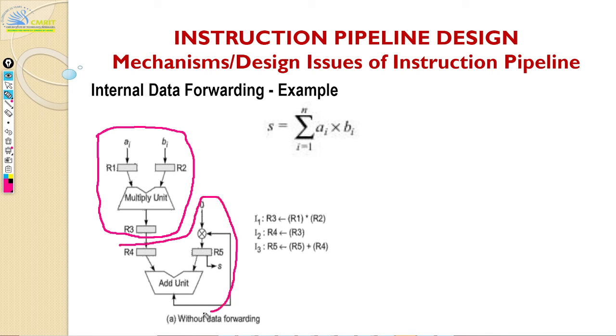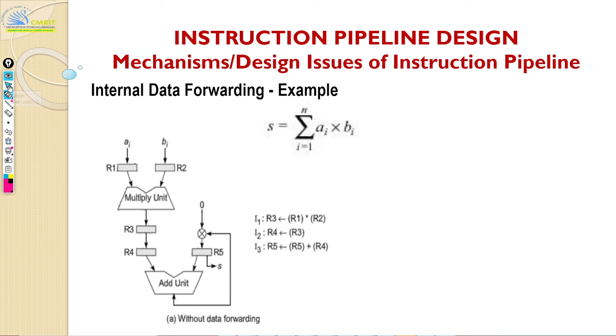these are two different units. Now these two different units are brought together. So they are in a pipeline now. Logically it's correct, there's nothing wrong with this, but the only problem is that you have R3 and R4 back to back. So first step, the multiply unit has to give you an output into R3, and R3 is going to give an input to the add unit, which is R4. So this is the output of multiply and this is the input for your add. This is just unnecessary cycle waste.